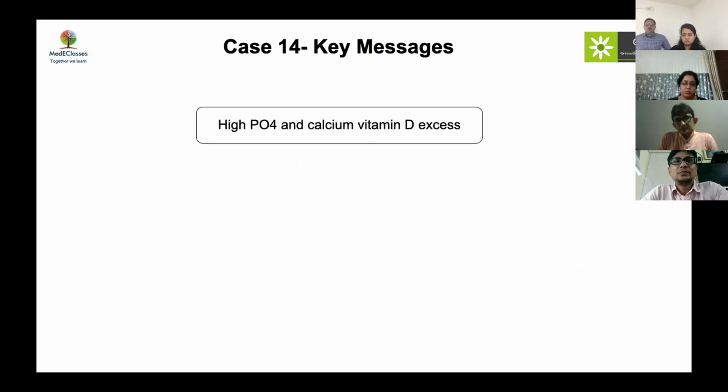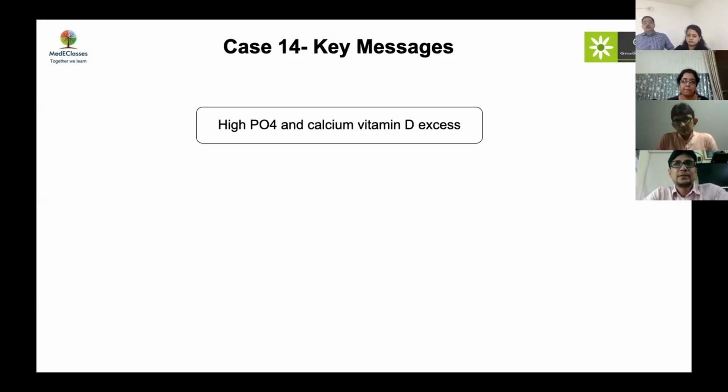And this is a common presentation we are getting with people taking a lot of vitamin D. They will present with dehydration, irritability, abdominal pain, polyuria. Get their calcium and phosphorus, and if it's very high, then you can think of this. As Dr. said, a 3 to 6 week course of steroids is what is required, and they will improve. This again is a life-threatening condition, remember.